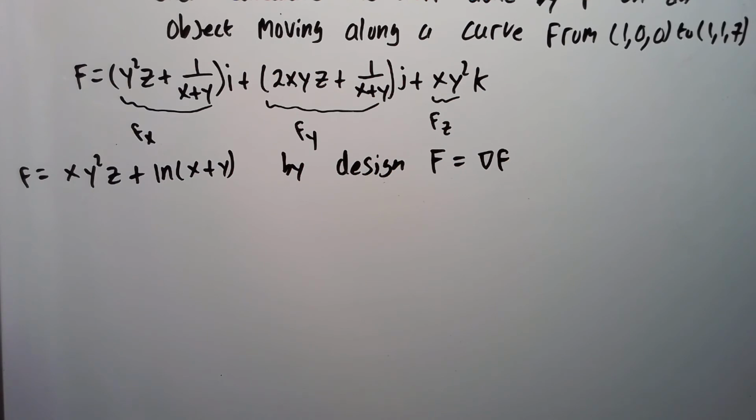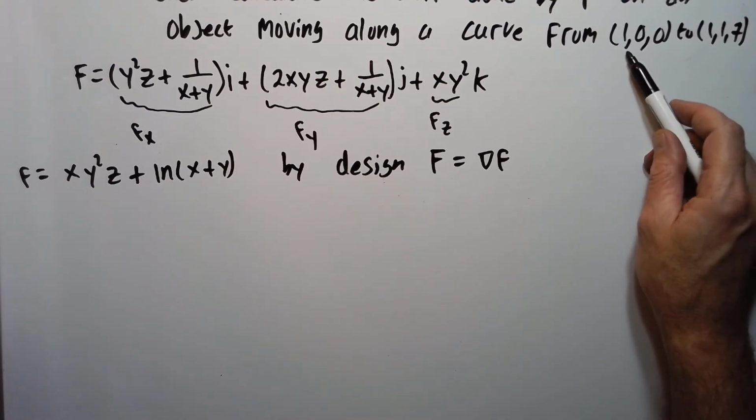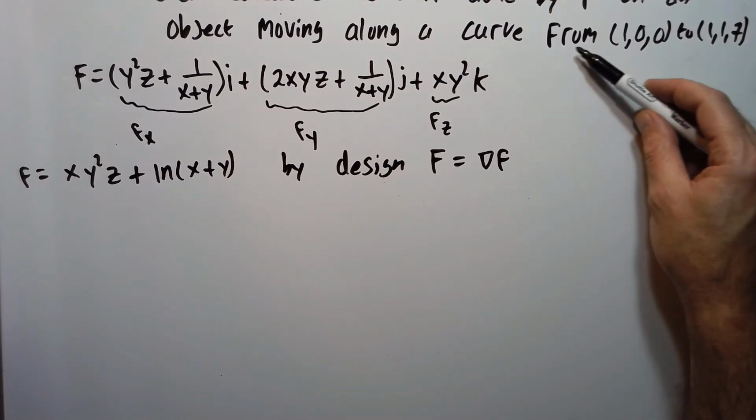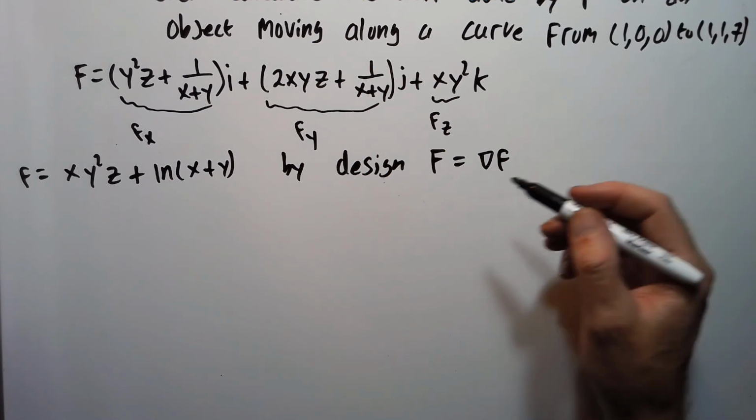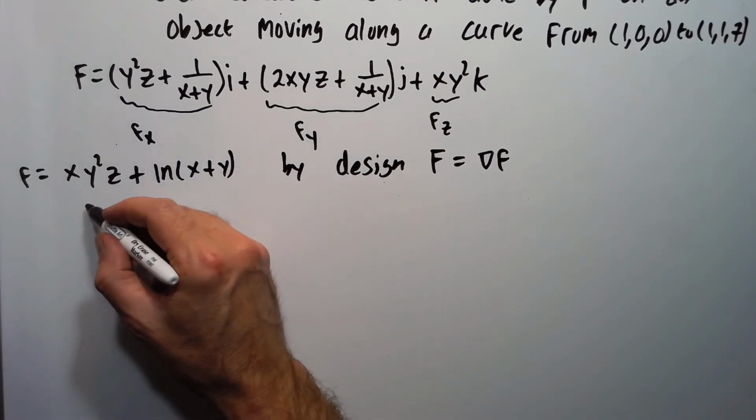So therefore, that's the definition of conservative. And also by theorem 14, we know it's going to be path independent. So here it tells us the start point and end point. It doesn't tell us the curve in between them. It doesn't matter what the curve is. So by theorem 14,